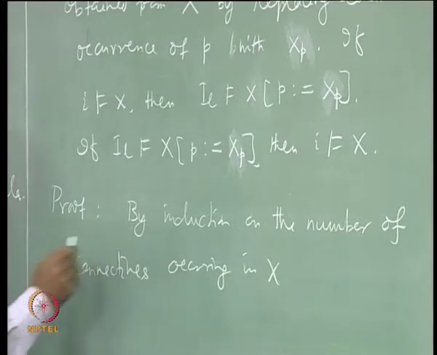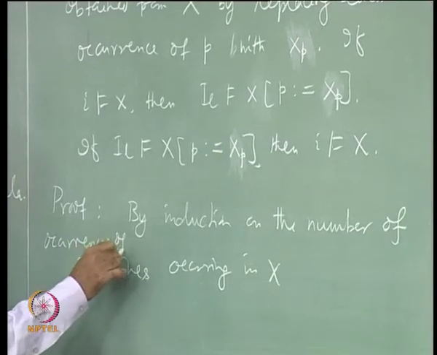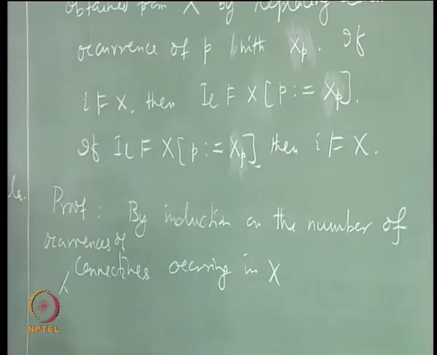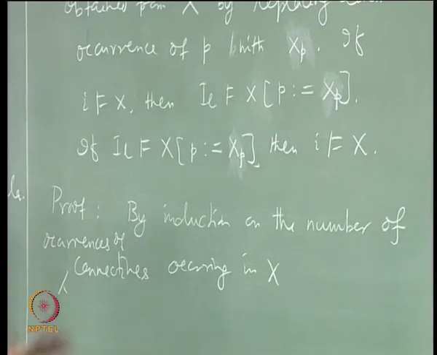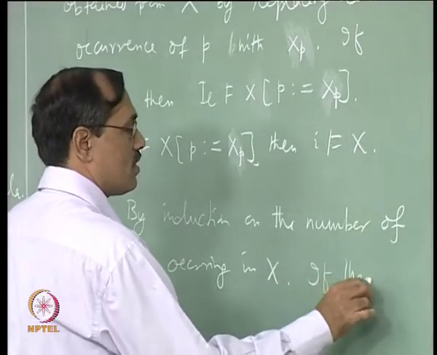So, we wrote "occurring" here, but you can make it better. So, suppose in the basis step, this number of occurrences of connectives is 0, fine. So, basis step, if this number is 0,